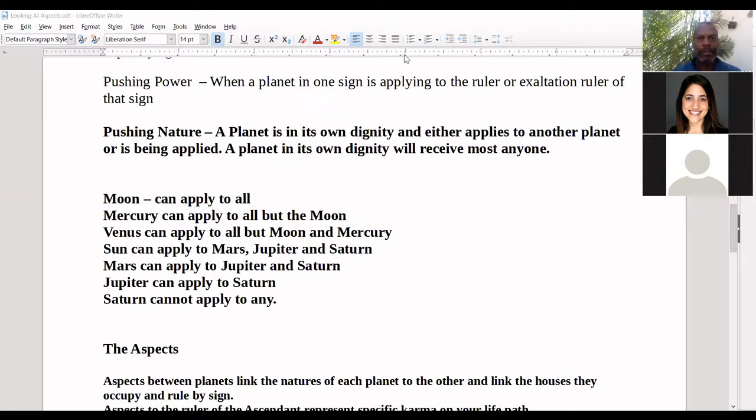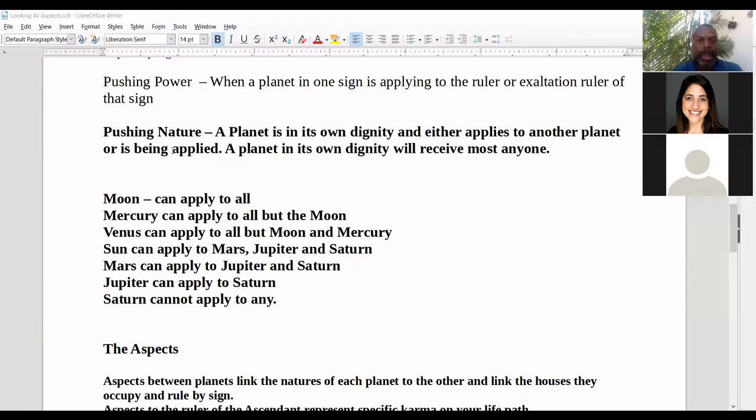All right, what'd you get? Saturn and Libra apply. Oh, nope. Wait, what is it? Remember, Saturn cannot apply to any. Saturn cannot apply. So important to remember. So keep in mind this right here. Matter of fact, write it down, all of you, right now. Write all of that down.